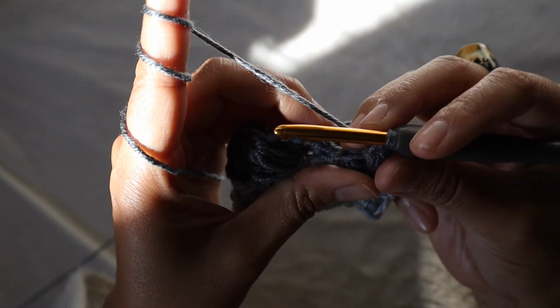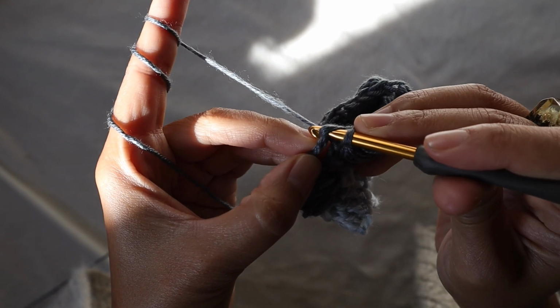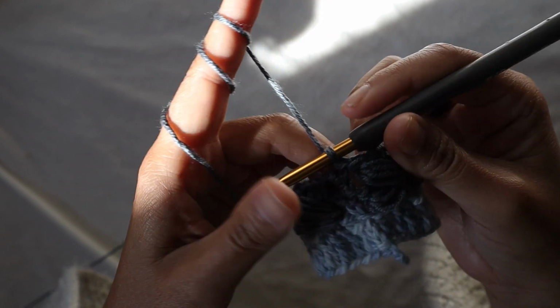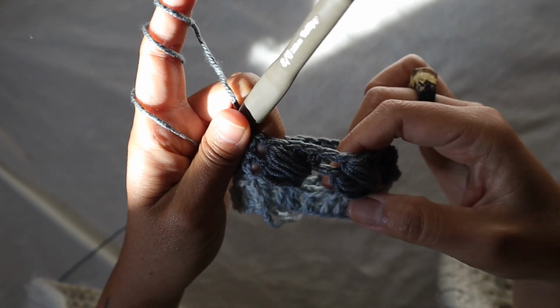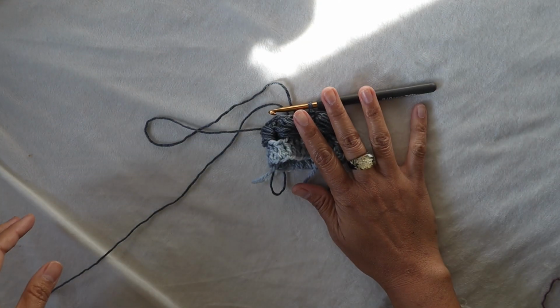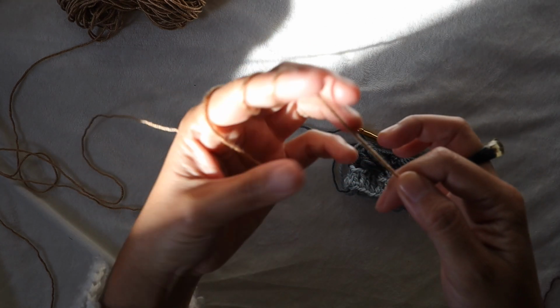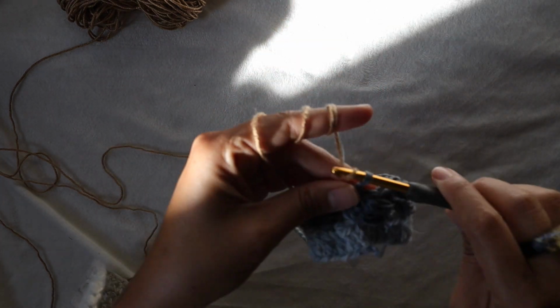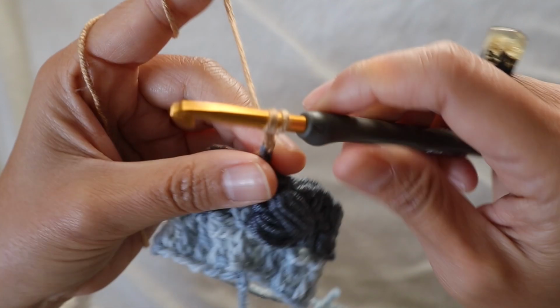Alright, now at the end of the row, I'm going to slip stitch in the second chain from the beginning chain, like that. So this is how I finished the second row of this puff stitch, and now I'm going to change the color again, and the next row is going to be just the double crochet row. So now you're going to the next row, you're just going to chain 3,